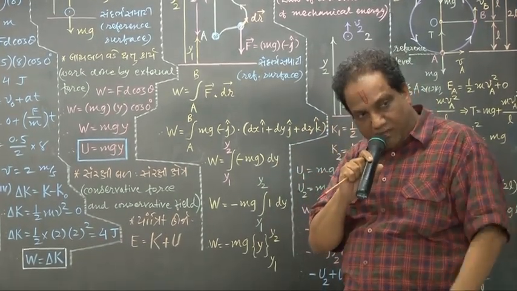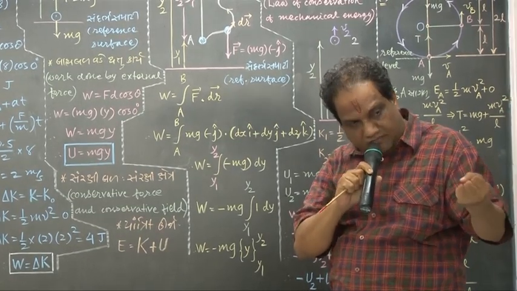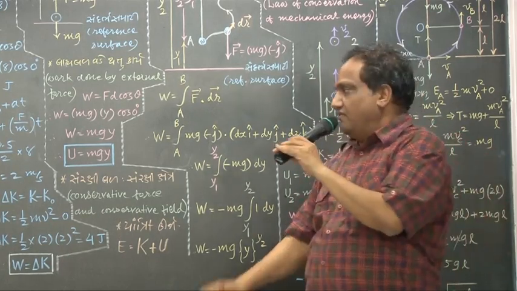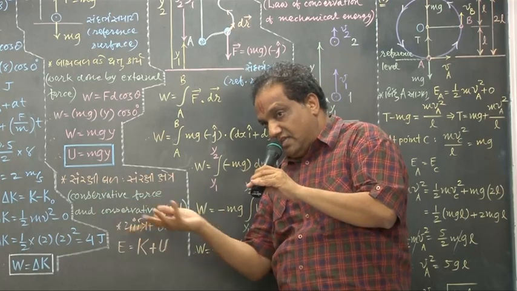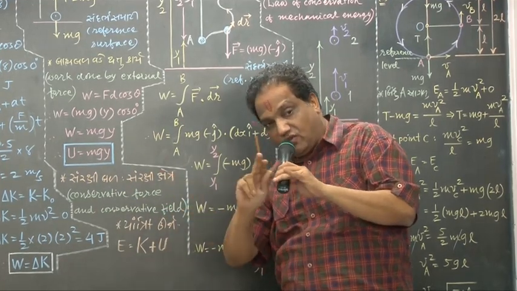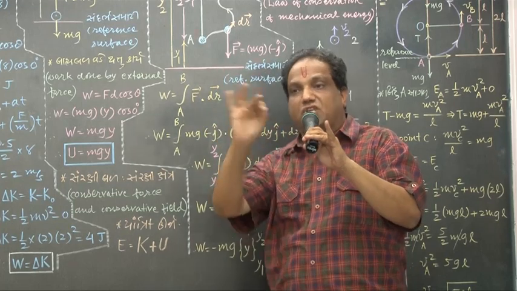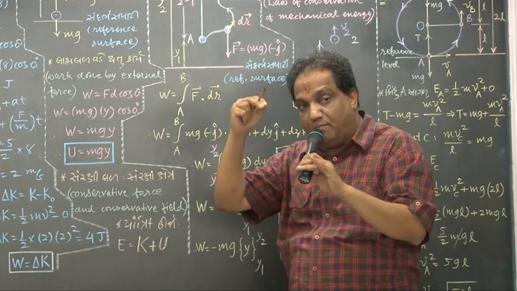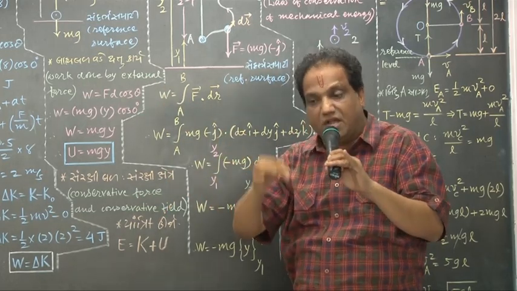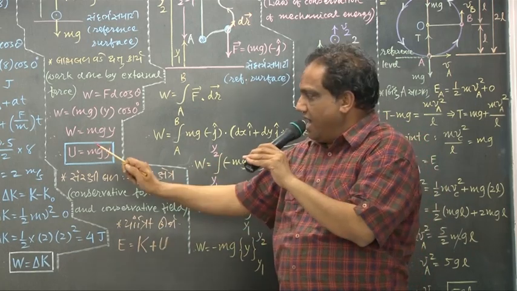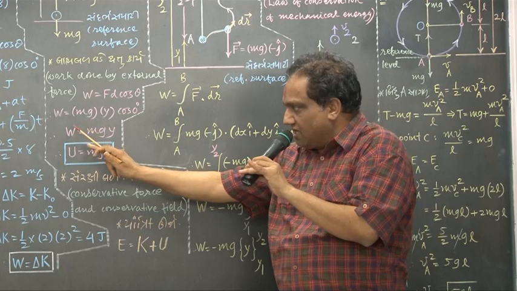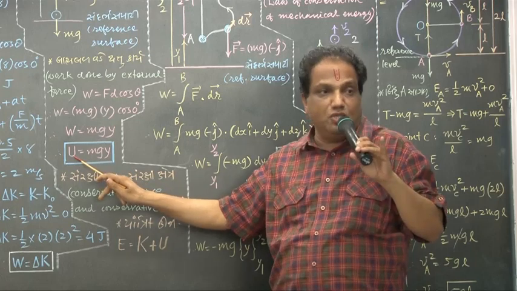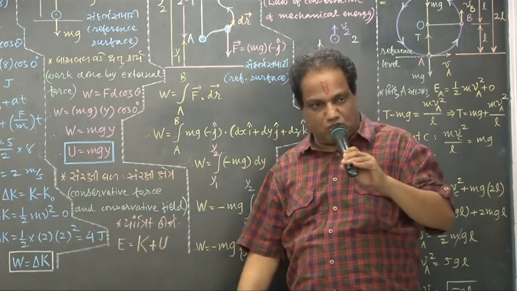Remember one very simple fact: in the whole of physics, whatever amount of work is done, the same amount of energy we have to spend. Now the question arises, when we spend this much energy, where has that energy gone? It is not wasted, it is stored in the body in the form of potential energy, specifically gravitational potential energy, shown by the symbol capital U. So this work done results in an increase in gravitational potential energy. U equals mgy.